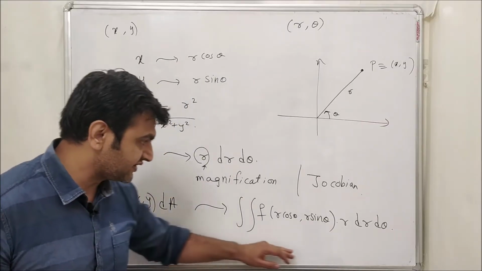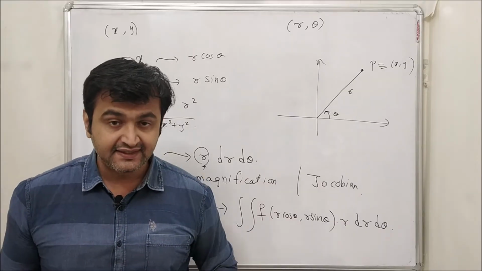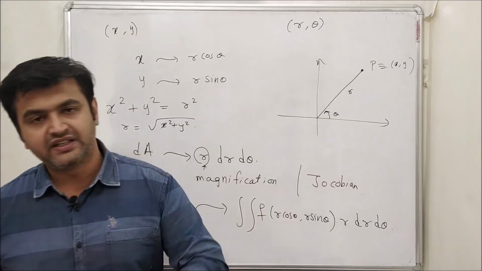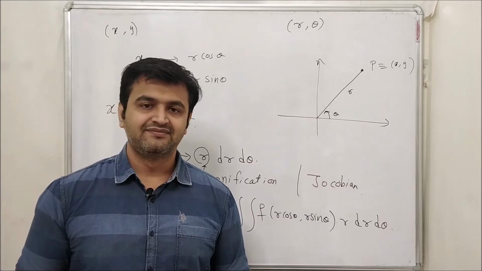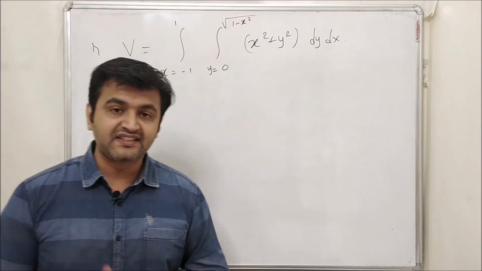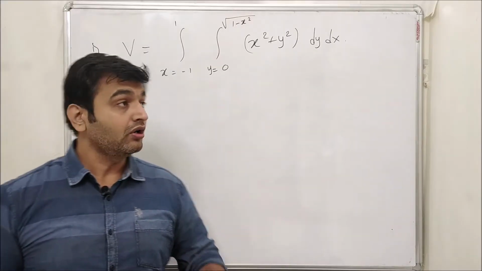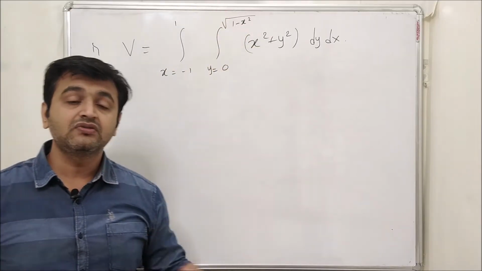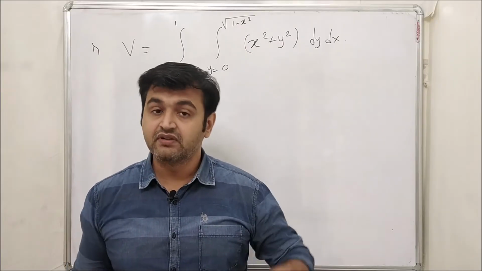So this is the transition. Now let's see some 4 to 5 examples, all of different kinds, so that you will be comfortable with double integration using polar coordinates. Let's start with a simple one. Suppose this is the example you need to solve. Whenever you have x square or y square or x square plus y square, or any of these within a square root, always prefer polar coordinates. Trust me, it will definitely help you.